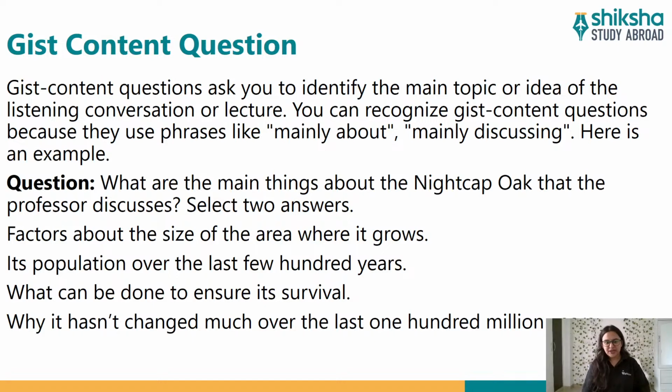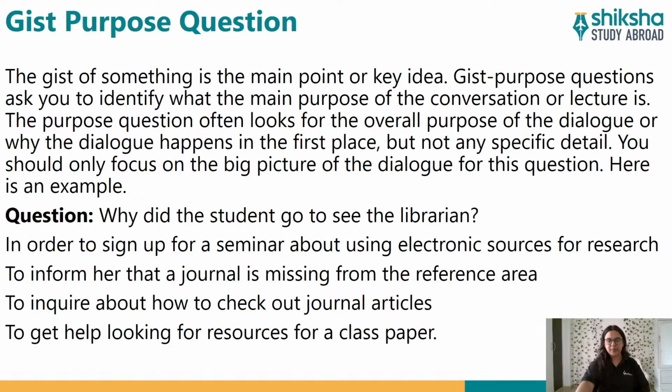So the question might look like this: what are the main things about the nightcap oak that the professor discusses? Select 2 answers. Then there will be 4 options given to you, and you'll have to choose one correct option out of the 4. If we talk about the gist purpose question,